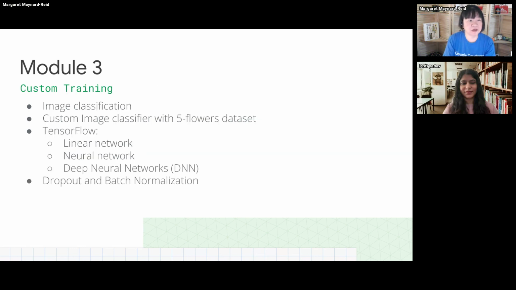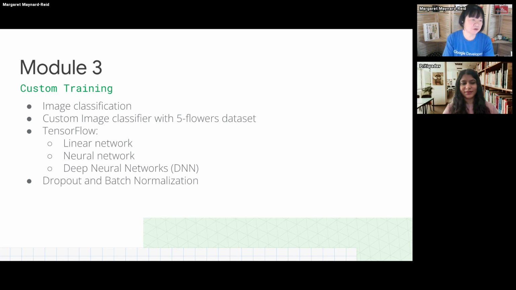And Module 3 starts with image classification. As I said, image classification is the most basic example for getting started with learning neural networks. And then you will learn how to train a custom image classifier with a 5-flower dataset. And you learn about TensorFlow, how to train a linear model, a neural network, and a DNN.